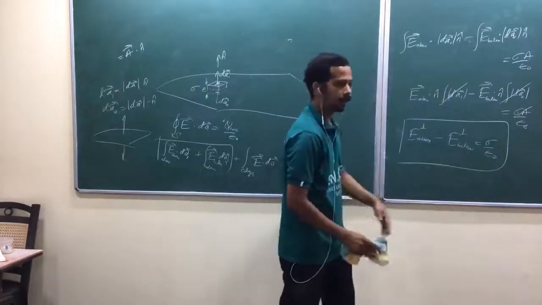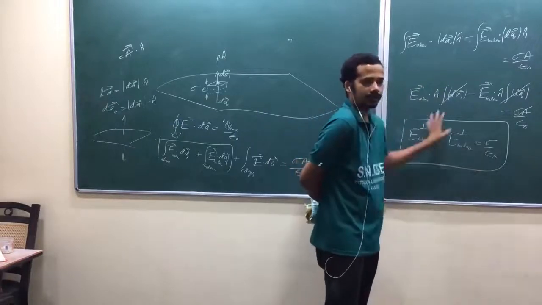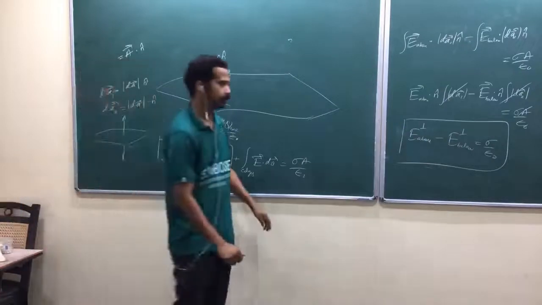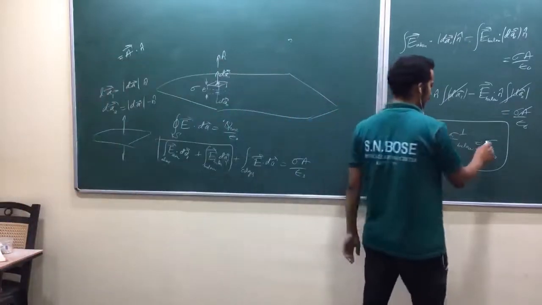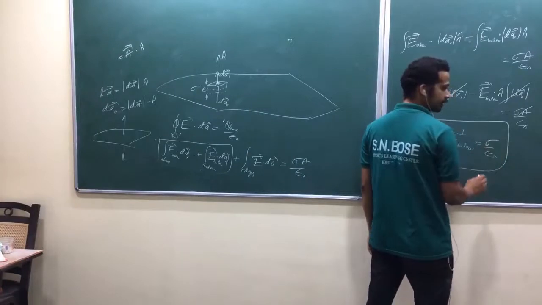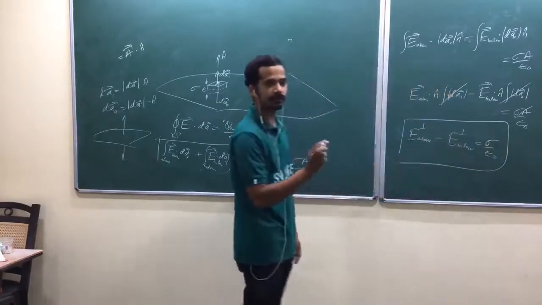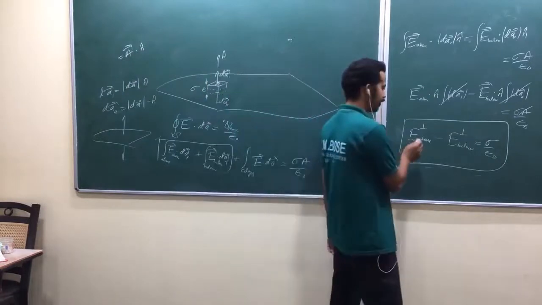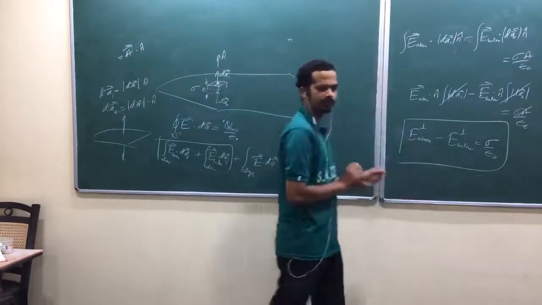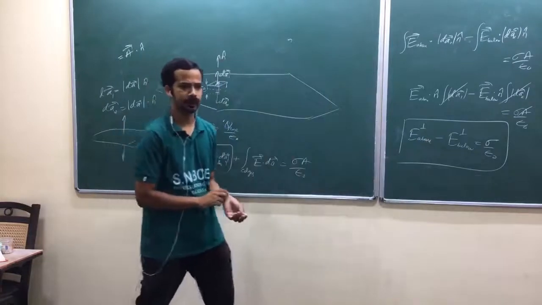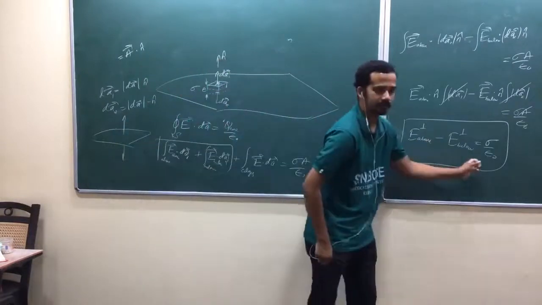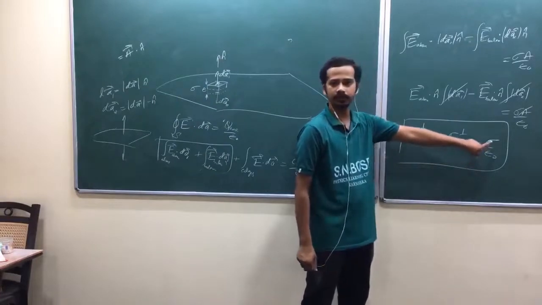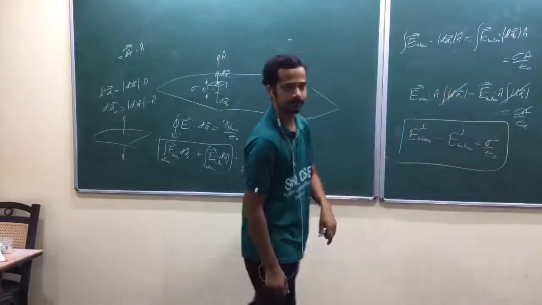Remember, what is sigma here? Now let us try to understand the last expression. Obviously, you have to apply that last expression ultimately. When you try to understand it, what is the right hand side? It's a density, surface charge density. It's a point variable. That means you are talking about a point in space, just above and below the plane. Discontinuity of the electric field, just above and below the plane.